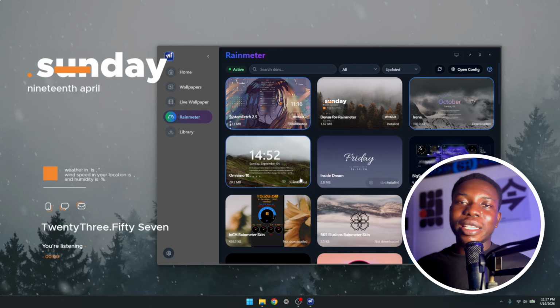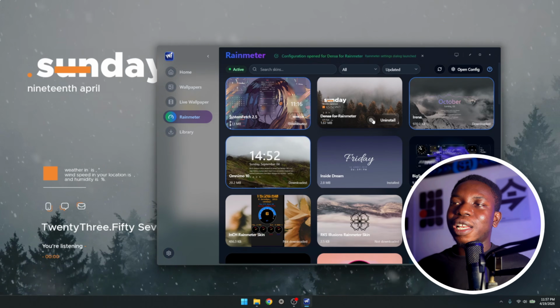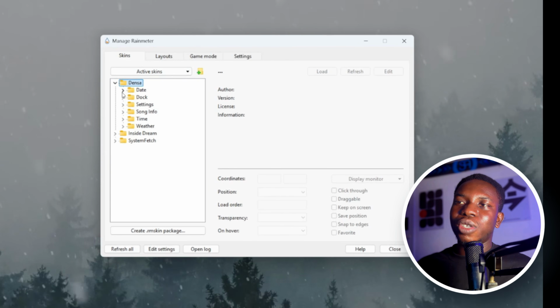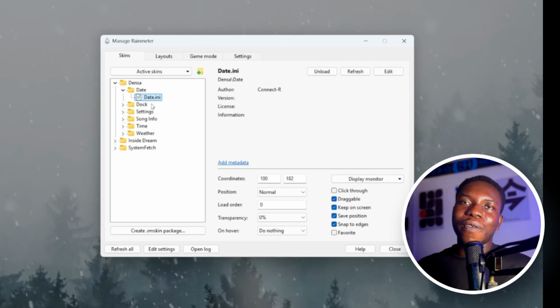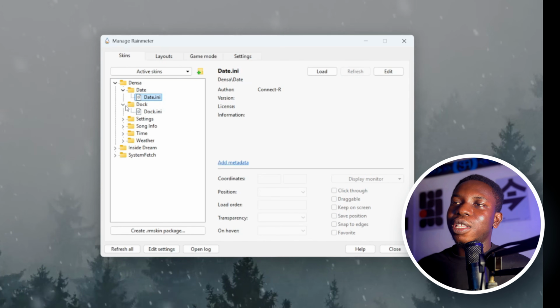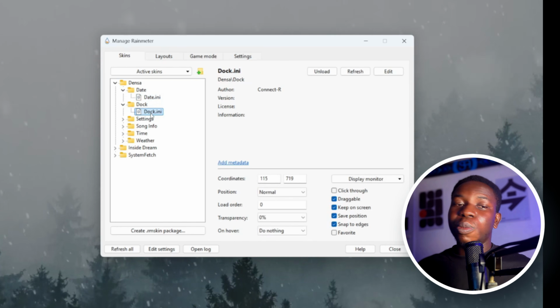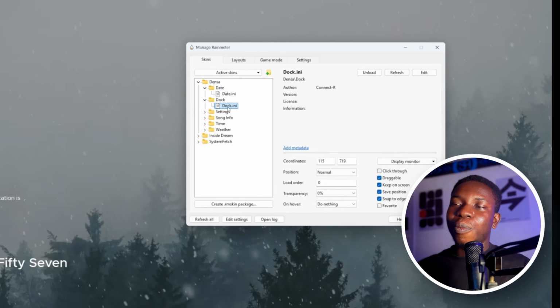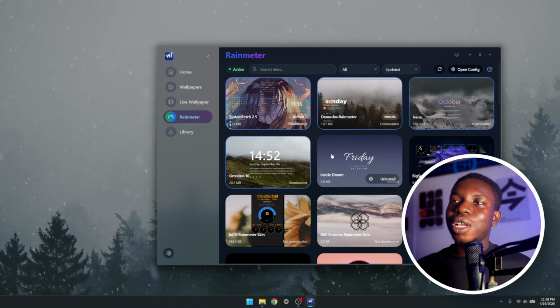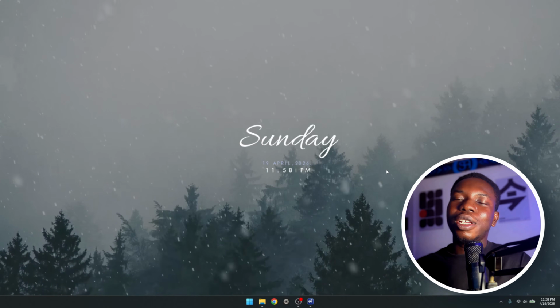One nice thing is that it's powered by Rainmeter, so if I click on this, I can minimize this, and I'm going to see a full Rainmeter session where I can manage all the skins I've added. So if I don't want the date, I can just click on it to unload everything that I've already added, and this is pretty simple, clean and professional. So once you have a beautiful skin set on your computer, you're going to see it has actually elevated your